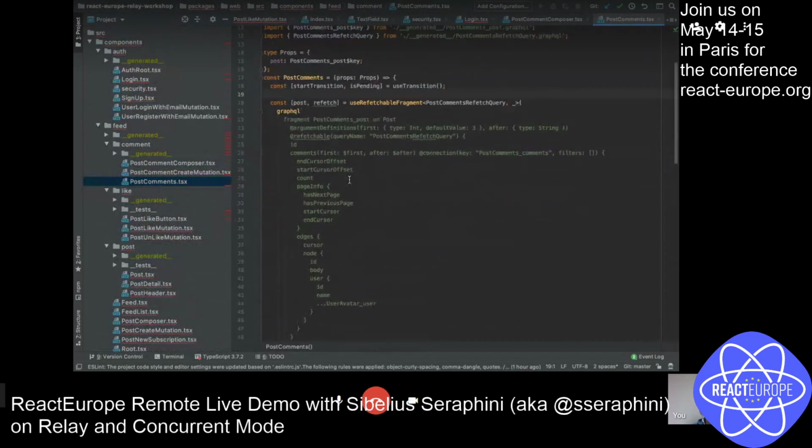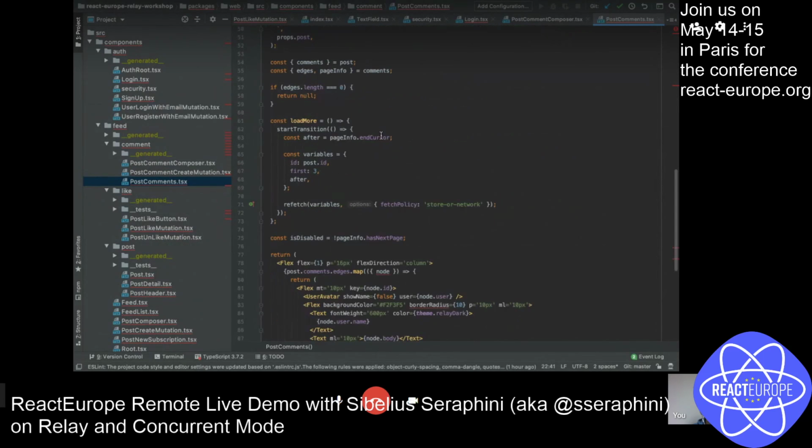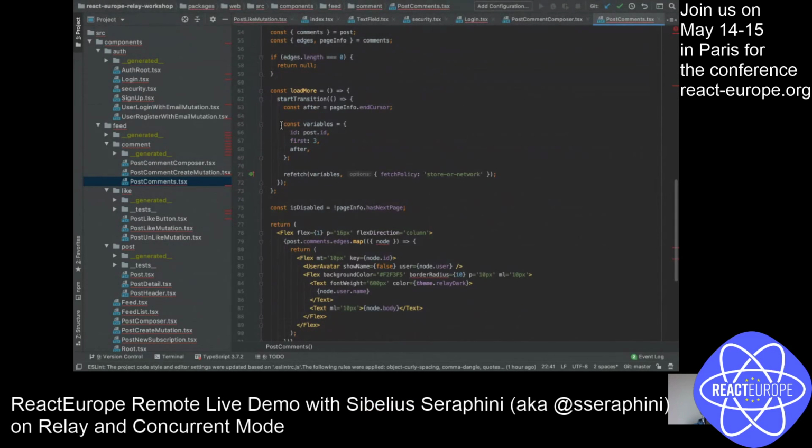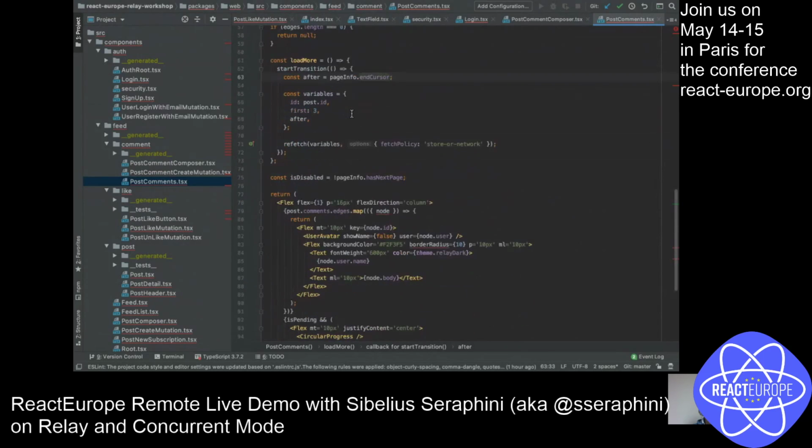So I can use this refetchable to get more comments like this. Instead of pagination, you can just get some more data in a different way. So I'm just getting more data using first, after, and cursor, just showing a different way of using this. You can have different fetch policies to get the data.